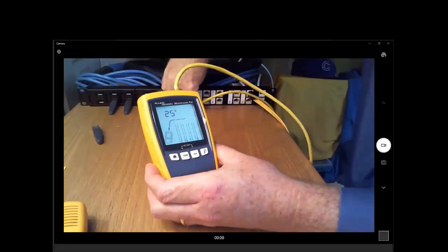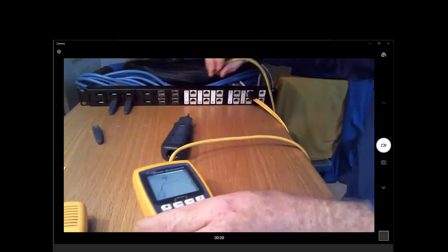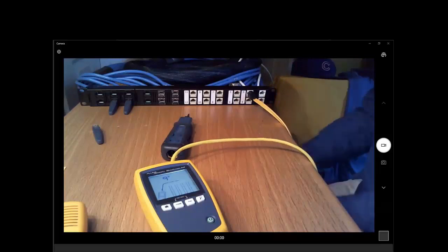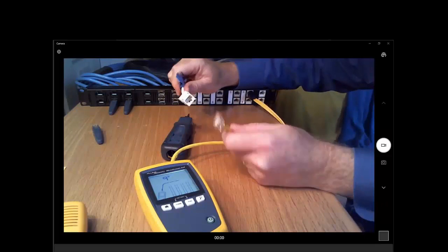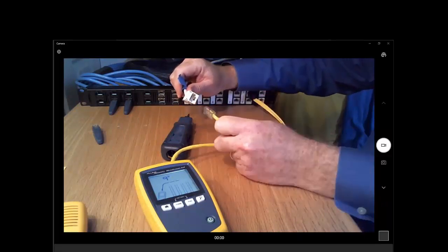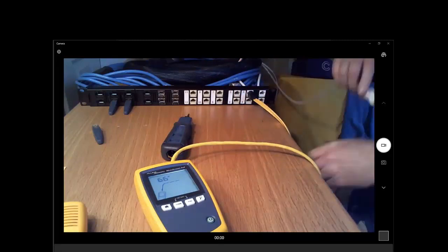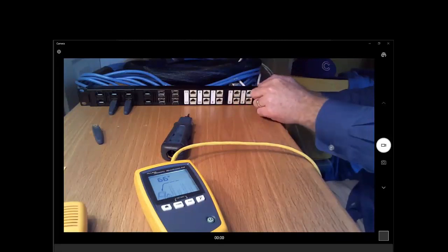We can do the same thing to identify ports 4 and 5. Now, before I finish, I did want to show one other interesting port, and that will be this cable here. An open pair is a simple problem. It's a common problem. It's very helpful to find the distance to the problem, but sometimes our cabling is just wrong. And the Microscanner PoE can identify all types of different cabling problems, not just an open, but also flipped